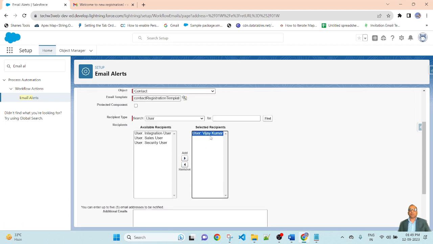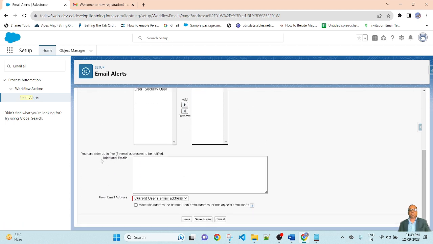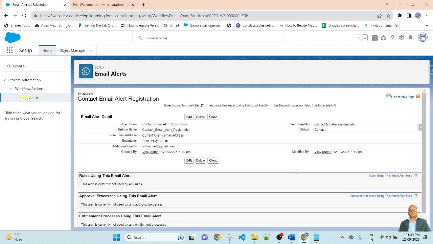So this is marked as true, and if you want to add another email address, here you can add additional emails, up to 5. So here I am adding w3webnet@gmail.com and save. Here I created the email alert, and in this email alert I applied the email template.